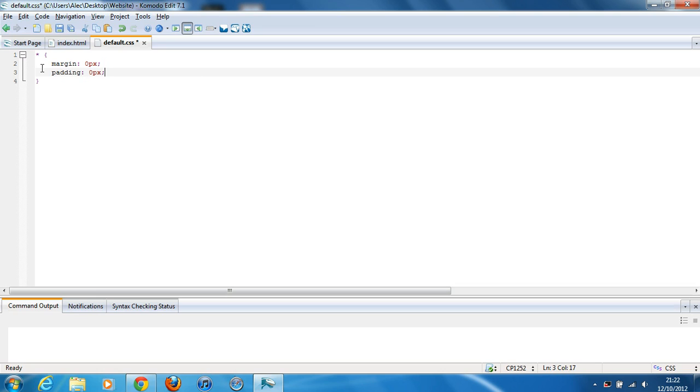Now, there's a good reason for this, and it's this. HTML elements in a HTML document come with preset spacing around them, so margins around them and padding around them. And we want to get rid of this default margin and padding so that we can deal with those things completely on our own terms. For example, paragraph tags, as you can probably imagine, come with padding above them so that they separate themselves away from other paragraph tags. We want to reset these default settings across our site so that we have complete control over the layout and